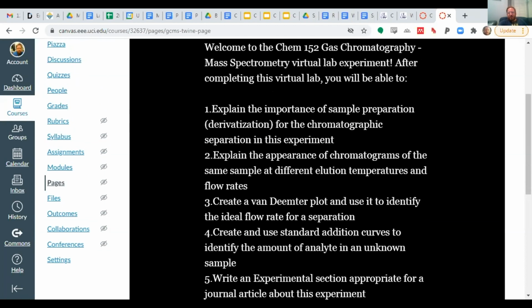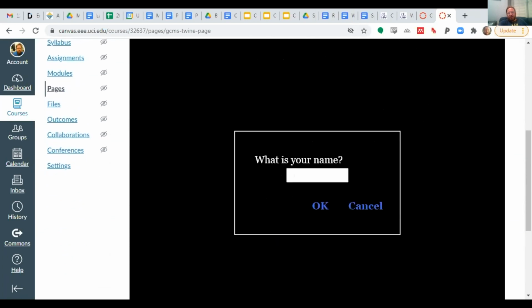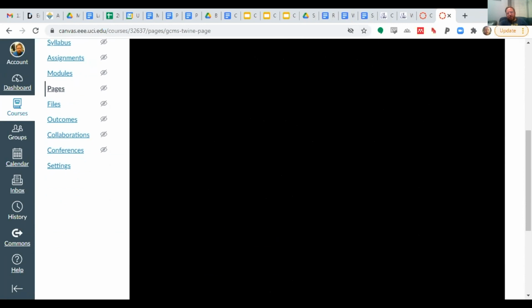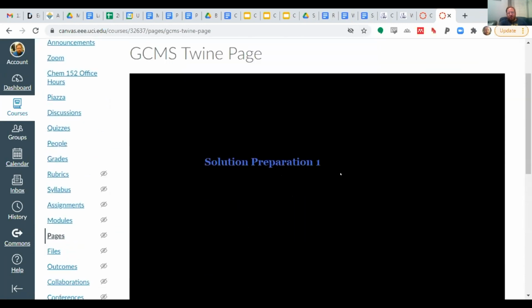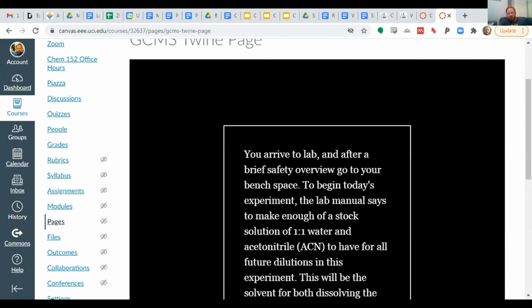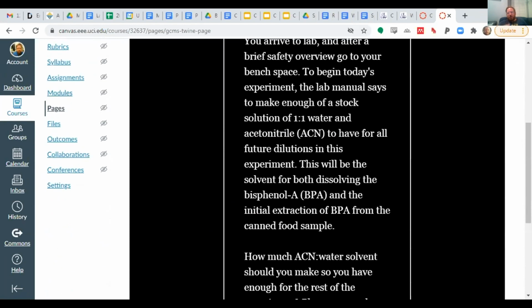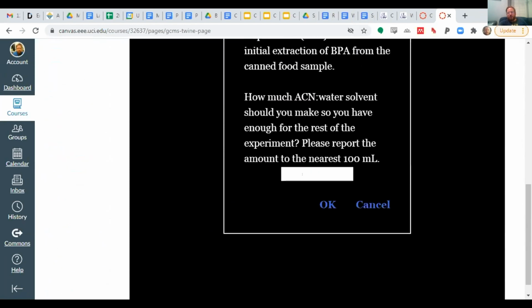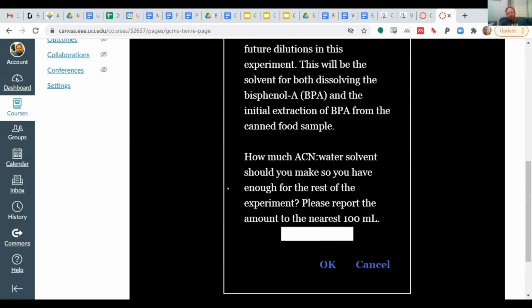So this is a gas chromatography mass spectrometry experiment. The learning objectives are the first thing they see. They put in their group name, and then they're going to do this as a group. So then they'll get the first thing. Okay, you show up in lab, you go to your bench, you make some solutions. How much volume are we going to use to make that solution? It's something that they would have to discuss in their group, confirm with their TA, and then do it and move on. So I can't walk through this whole thing right now because I have 4 seconds, and there's a lot